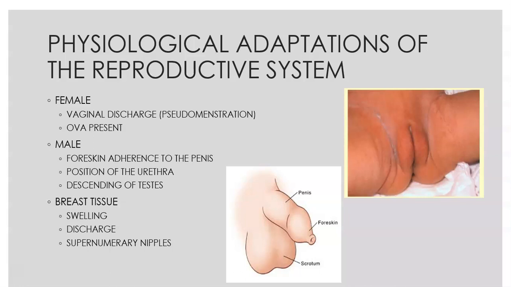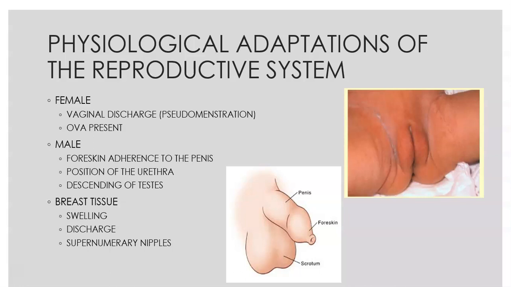Another thing that's actually pretty common is what's called supernumerary nipples, which just means they have an extra. When it's caught as an infant, a lot of times, most of them disappear on their own. They don't always. Sometimes it sticks around and they grow up with an extra nipple, but that extra nipple is non-functioning, and it's not reason for concern. Just document and move on. You don't need to report that to anybody.